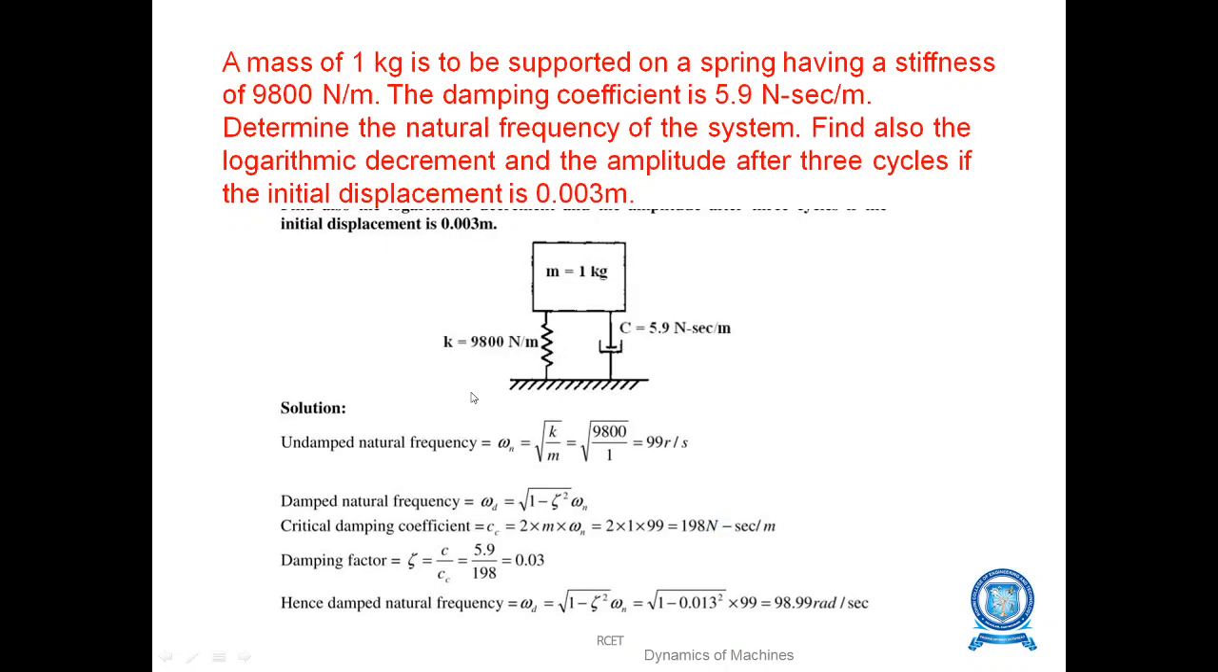and the undamped natural frequency, we know the formula root of K by M. K value is given, M value is given, which gives 99 radian per second, and the critical damping coefficient Cc is 2 m omega n. You can find out this value, and using the formula damping factor C by Cc, we have already found 5.9 by 198, which is given in the question. Therefore, the natural frequency becomes